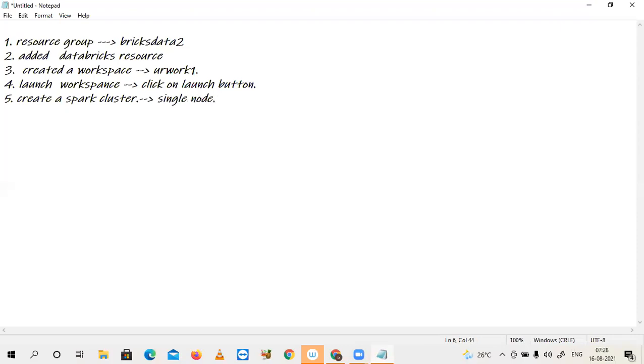That means only one single machine will be working for your Spark jobs. Here there are multiple options: how many nodes you want, whether auto scaling should be enabled or not. Everything you can select. What is auto scaling in the process, I will show you.